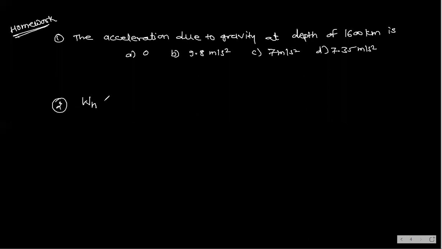I have given Wh is equal to 36% of Ws. Find h. In both the problems, you have R equal to 6,400 kilometer. Wh means weight at height h, that is 36% of Ws. Ws means weight on the surface. Find h. Same model which we have done previously. Understood? Yes, sir.